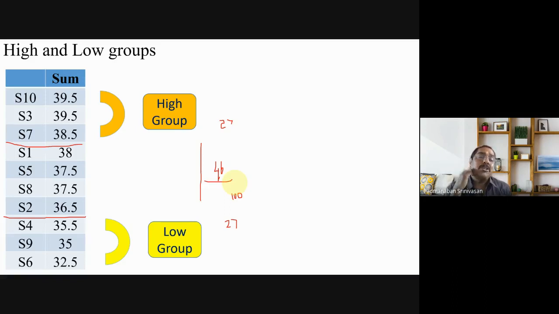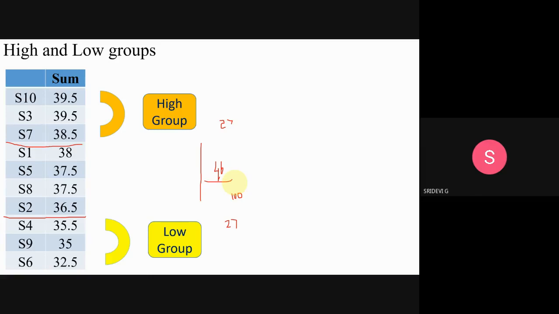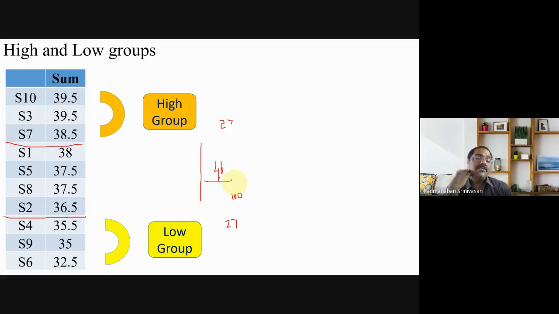Why are we not worried about the middle people? What is our concept? We worry only about the top and bottom scores. What is the concept we are seeing? The low performer and the high performer, sir. So we are not caring about the moderate performer. That is why we are not taking the middle people. Okay. So another thing.